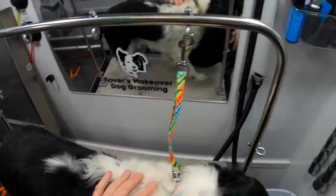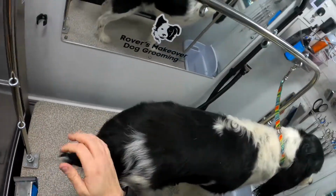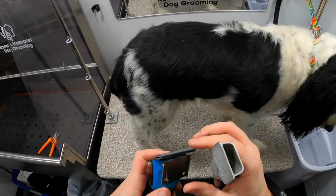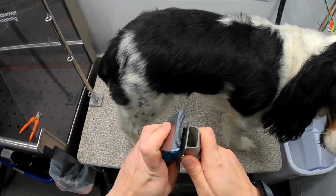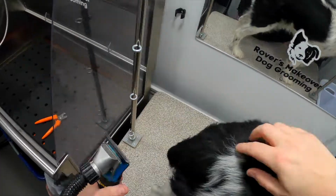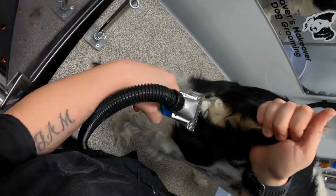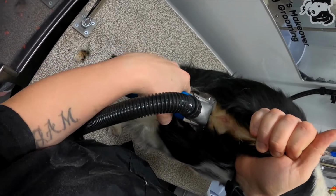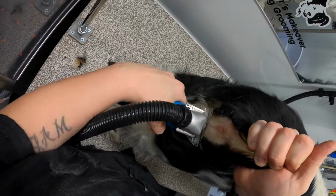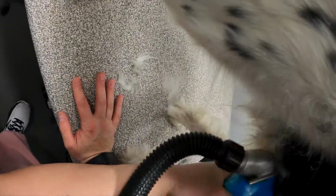Okay, so now that that is done, I am going to do a sanitary, so that way I don't have to later. I don't know if y'all have ever been around this or not. I've never groomed these guys before, which is the case with most dogs I do now. There's a clog back there somewhere. So just shaving around the anus, and that's it. And then also we'll just shave